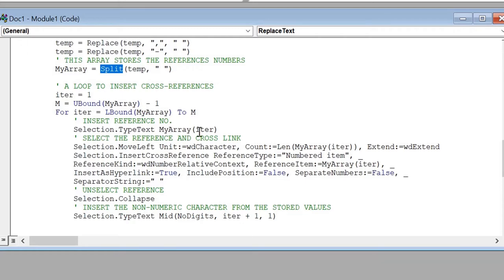So we iterate using the iter variable, which we defined here in the for loop. So it will just select the numbers one by one, okay? And then on this line we select the reference. So here we typed it, but we didn't select anything. You have to select, like, you are just using the mouse to select a part of the text. This line will do the same. So this is what this line is doing. It's just selecting the